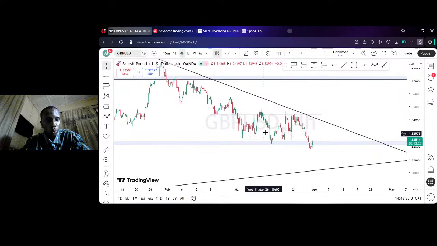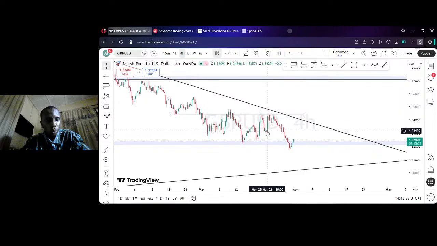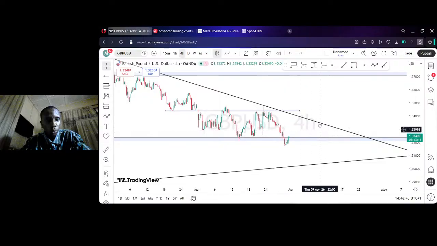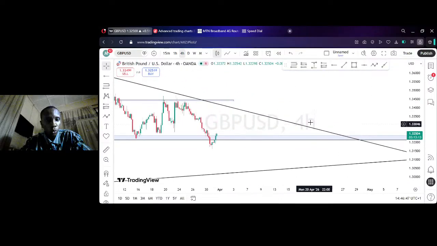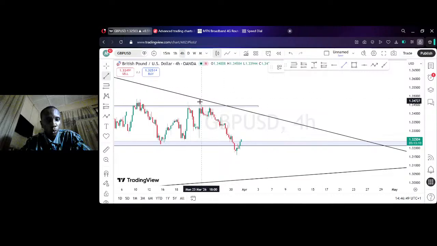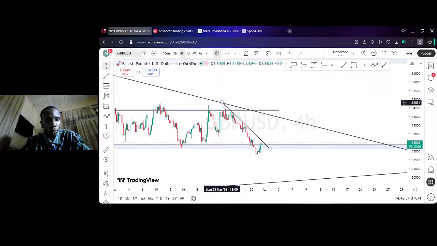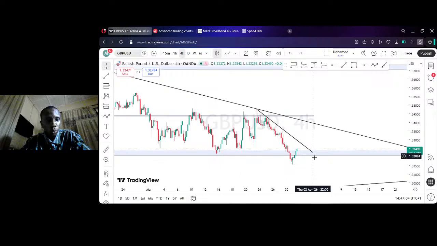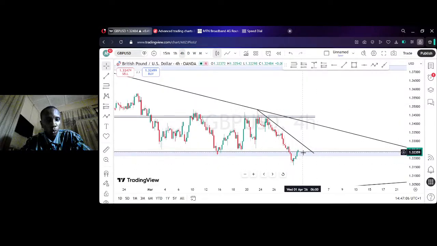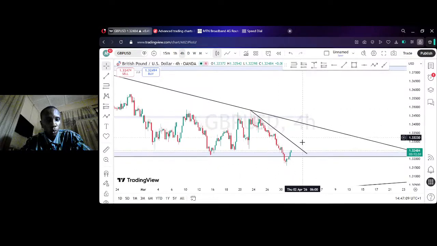So for now, I just have to wait to see what price action is likely to do next. So right here now, if I draw out the counter trend line, a buy opportunity, right? With this now, if price can break out from this trend line right here, we should see price coming to